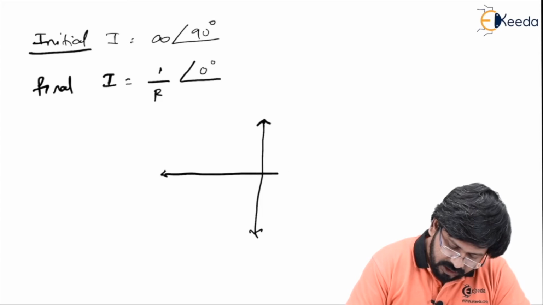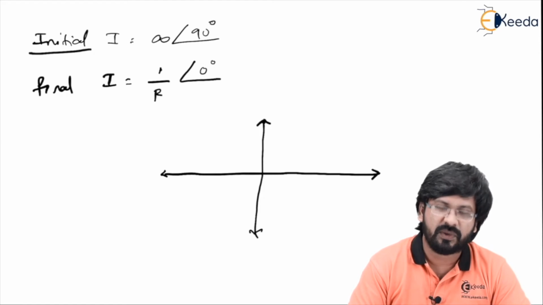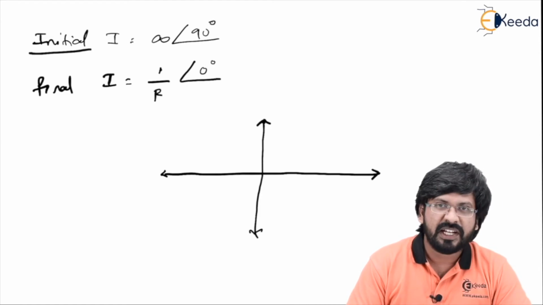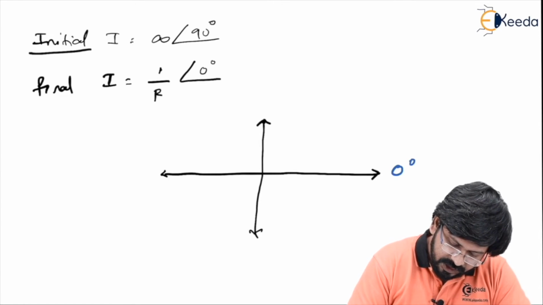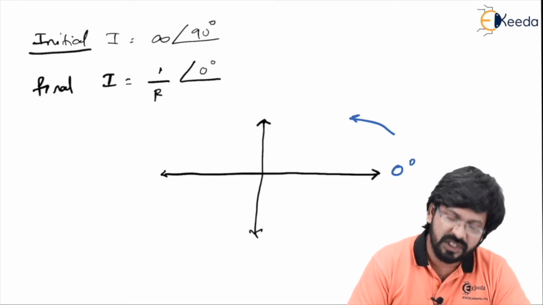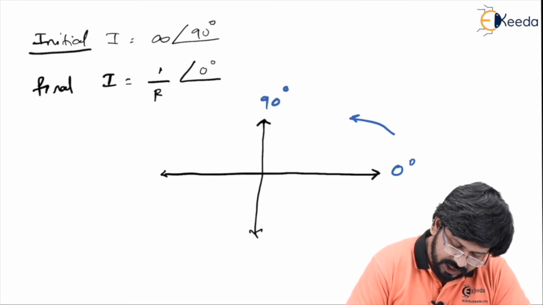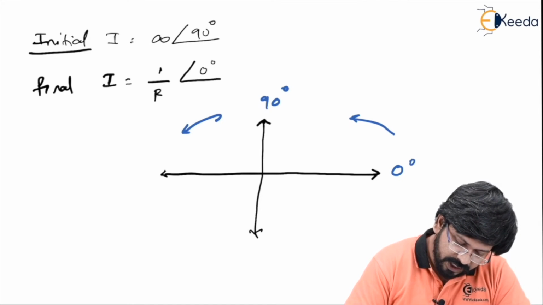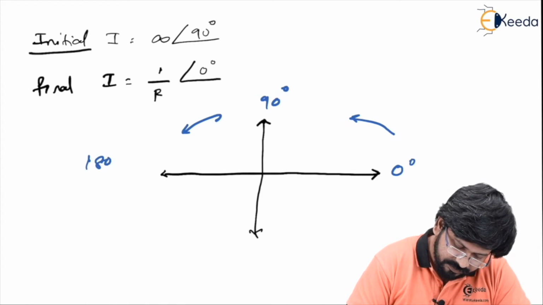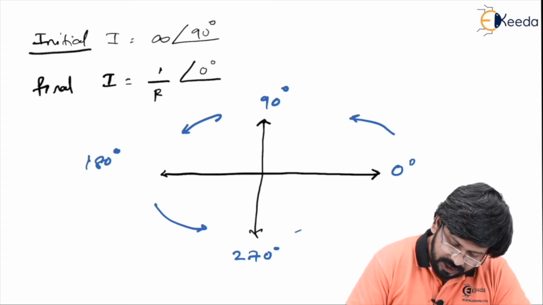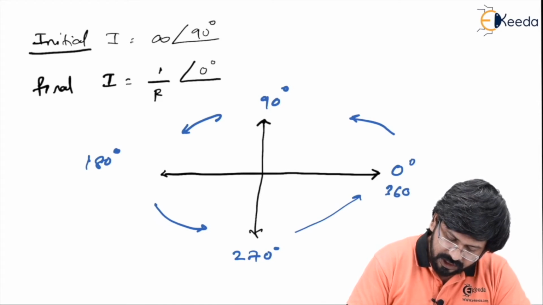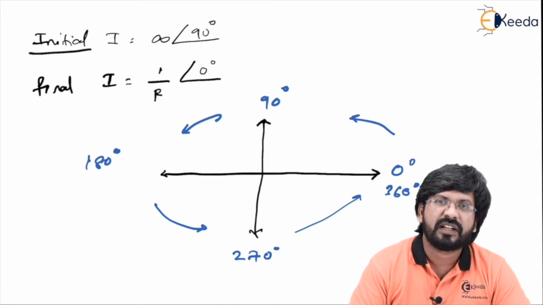This is quite similar to the polar plot that you do in control systems. So just let me tell you about the basics. Remember, this is called 0 degree. If you go anti-clockwise, it is always positive angles. In that case, this is positive 90 degree. Again, if you go anti-clockwise, this is positive 180 degree. Then this is positive 270 degree. And again, you're going back to this 360 degree. This is when you deal with anti-clockwise direction.